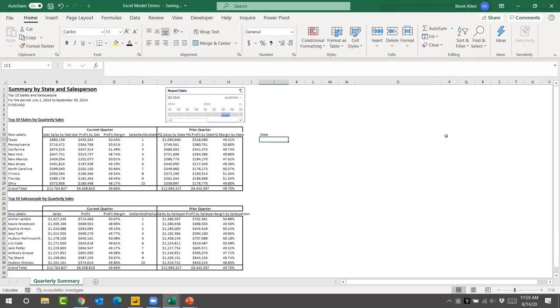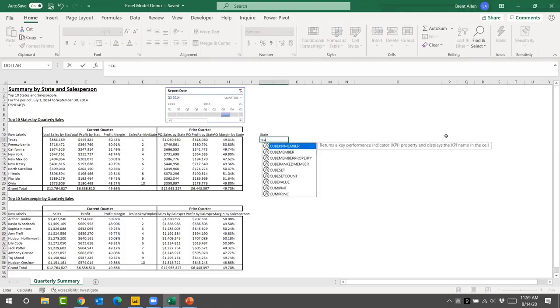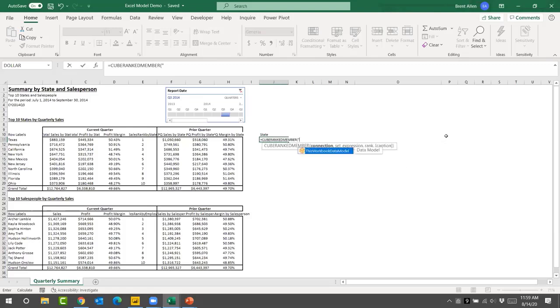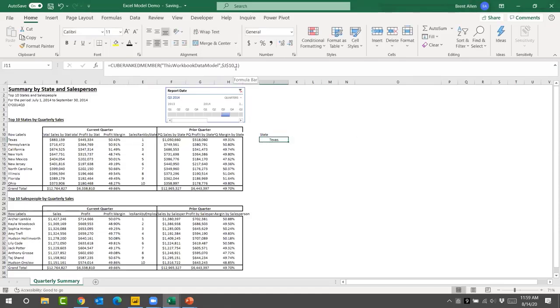Now, if I want to say, well, what was my number one state during this particular quarter? I use another formula called CUBERANKEDMEMBER. And I continue to use this workbook data model. My set expression up there is the actual set that I've defined, and the rank would be 1. And what I've done then is said, what is my number one sales in that particular quarter? And it will actually go and bring that in. And if I look here at my finalized model,